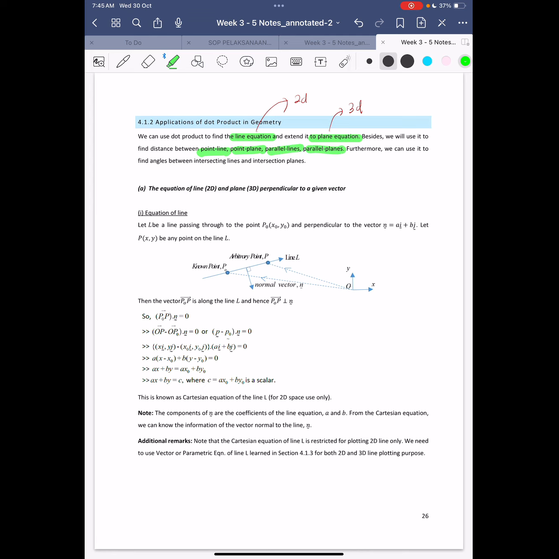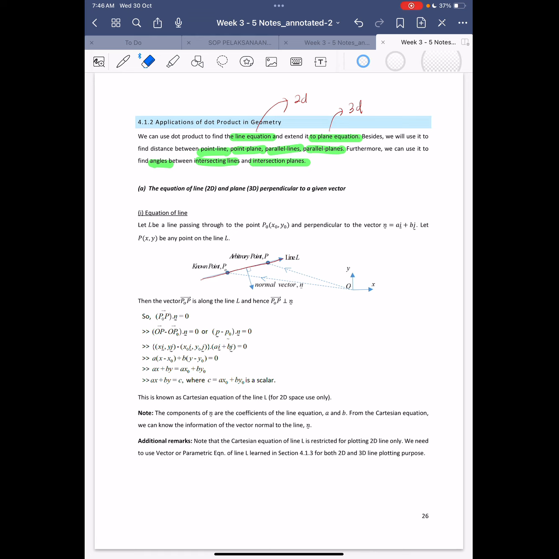Furthermore, we can also use it to find the angle between an intersecting line and an intersecting plane. Okay, so now first we look at the equation of line and plane. Line is 2D, plane is 3D, perpendicular to the given vector. Let L be this line, passing through a point P0, whose coordinate is